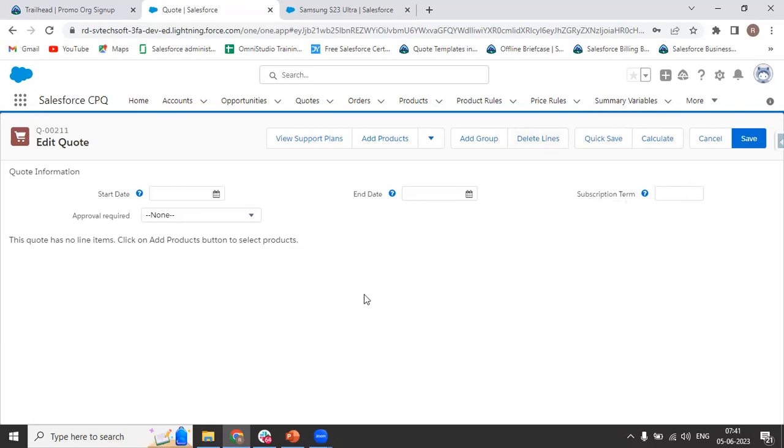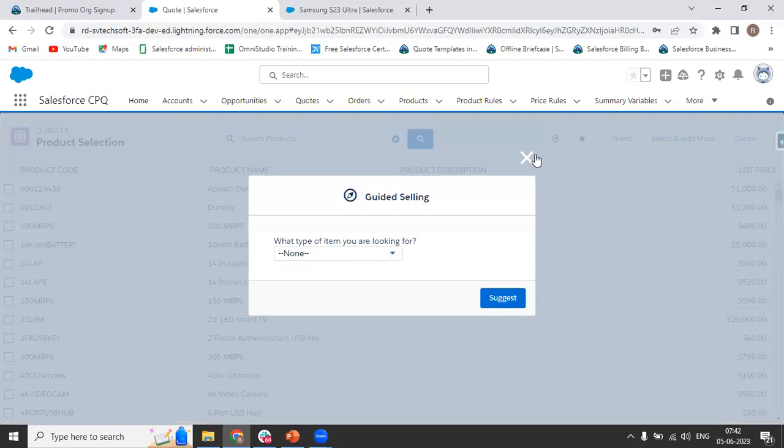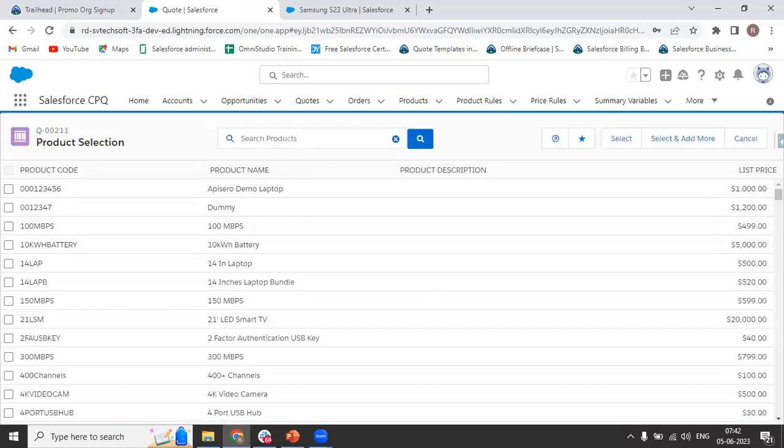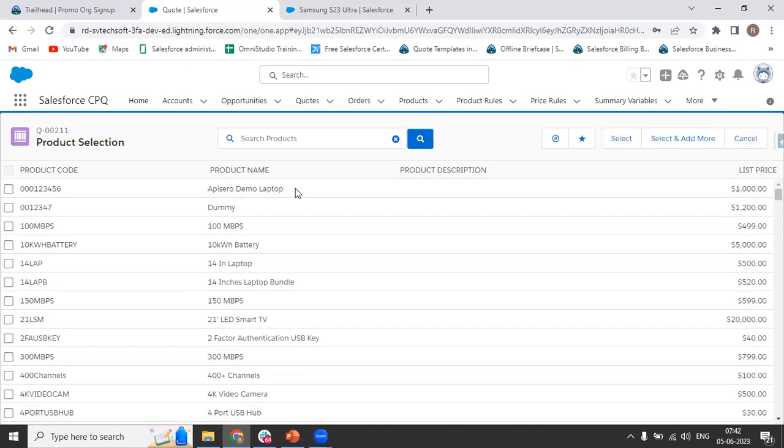To add products, a sales rep would have to come here and click on this add product button. After clicking it, a list of all the products will be available to the user. From here, the user can select whatever product the customer or end user requires, and then add that product to the quote. So let me search for